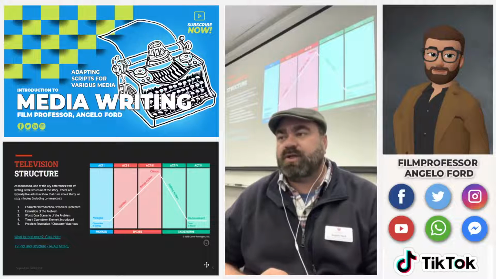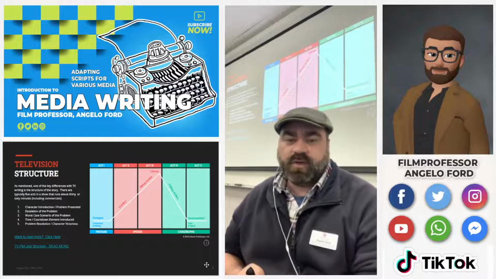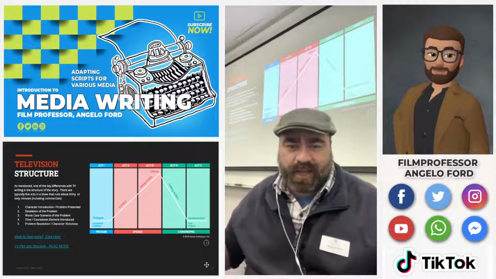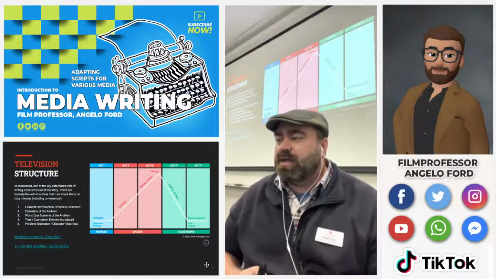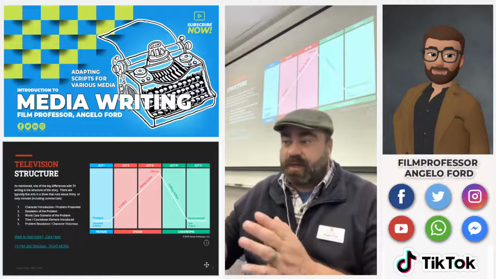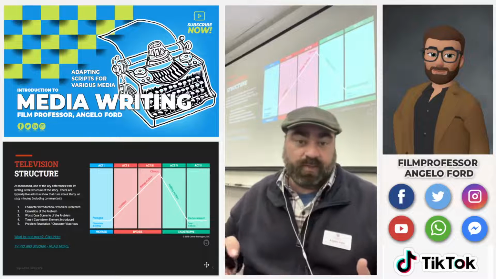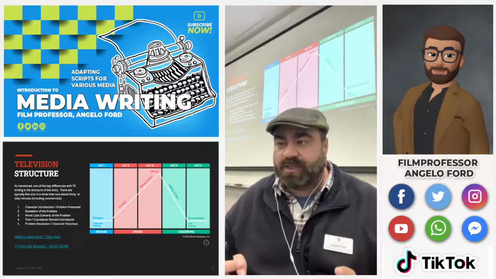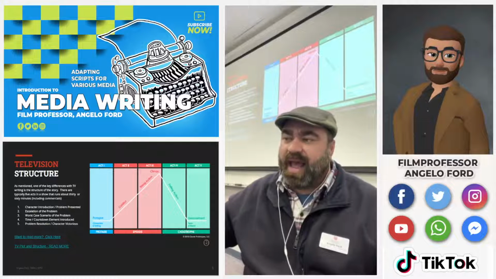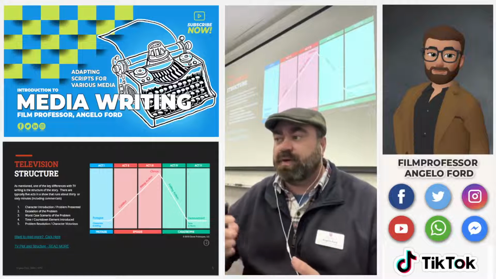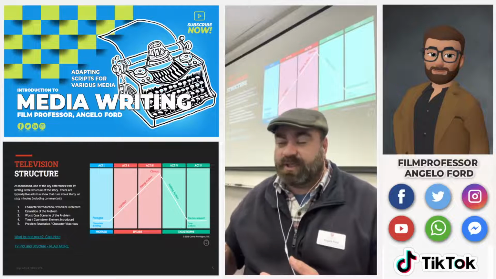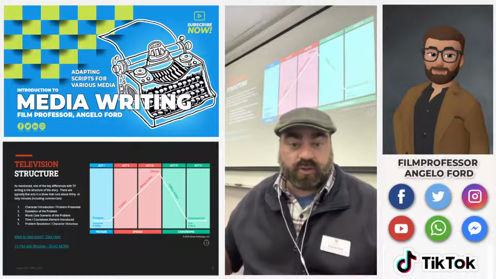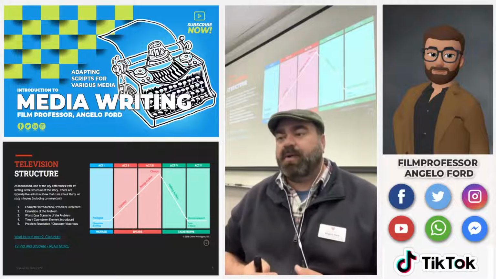Here's an illustration of what I'm talking about when I say a 5-act structure versus a 3-act structure. You can see clearly that it's the same basic actions of a play happening, where you have a different beginning, middle, and end. You have the blue, the red, and the green here. That's still the beginning, the middle, and the end, still 3 sections of major action that is happening. But the way that we come up with the acts and where the conflict stops versus where it climaxes, where the falling action comes down, where the denouement is, you just have a slightly different variation in the overall structure. And you just have to be aware of that when you're doing television.